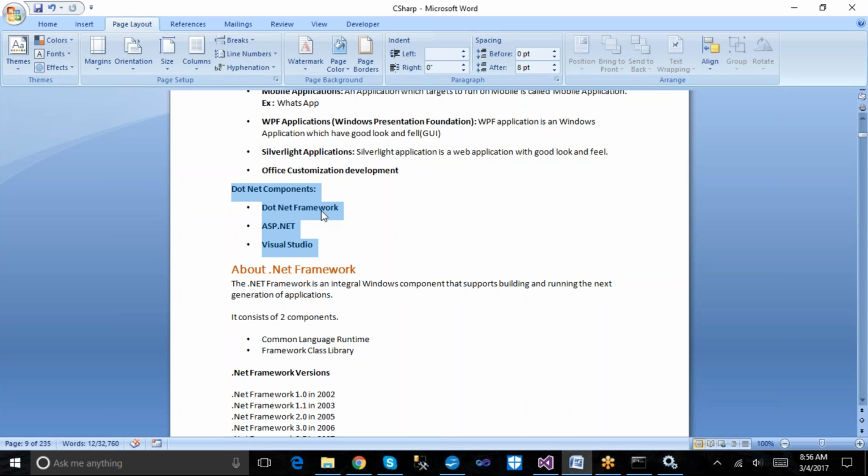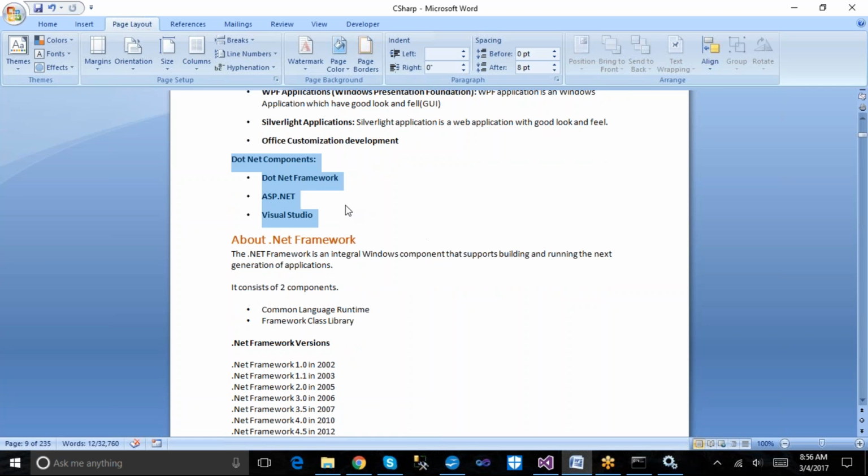So .NET components can be categorized into three sections. Let's try to understand what this .NET Framework is, then we can move on to ASP.NET and Visual Studio.